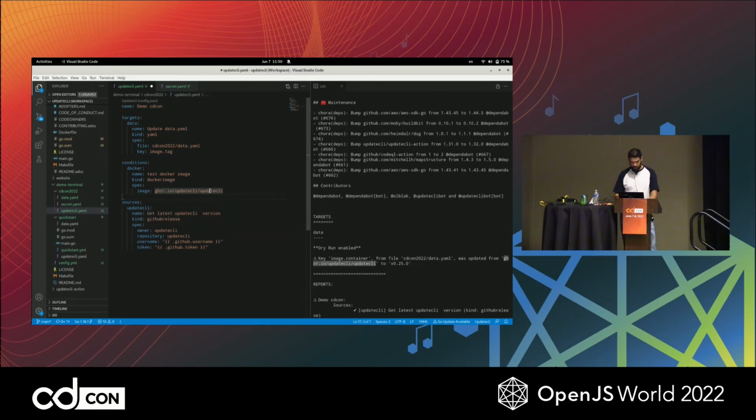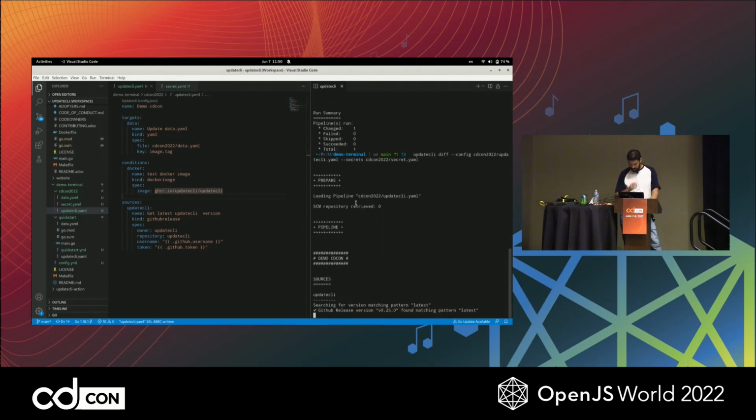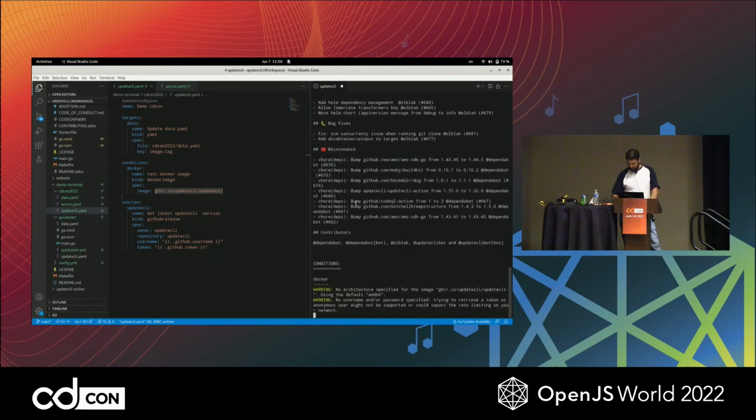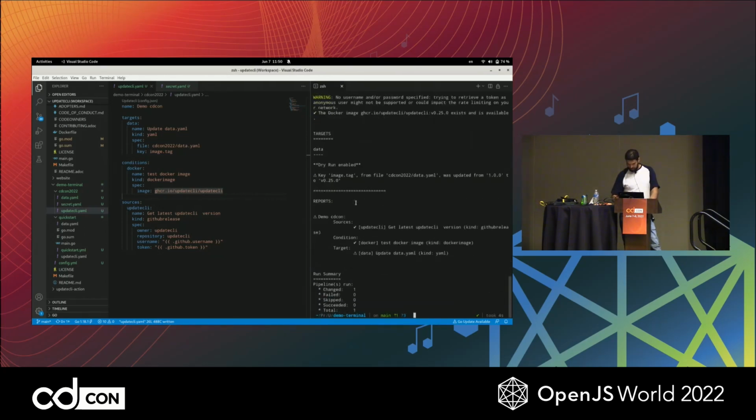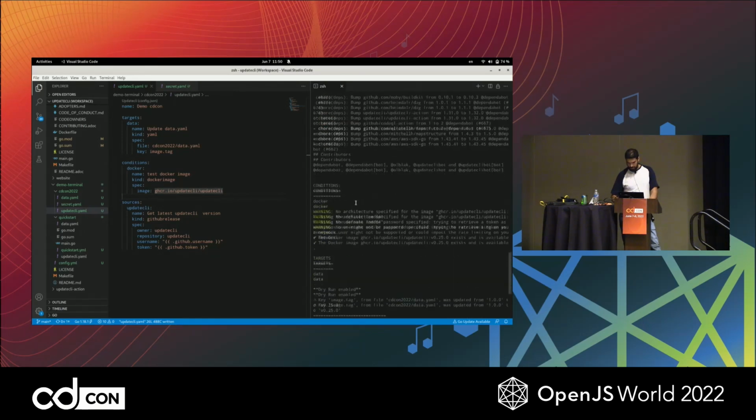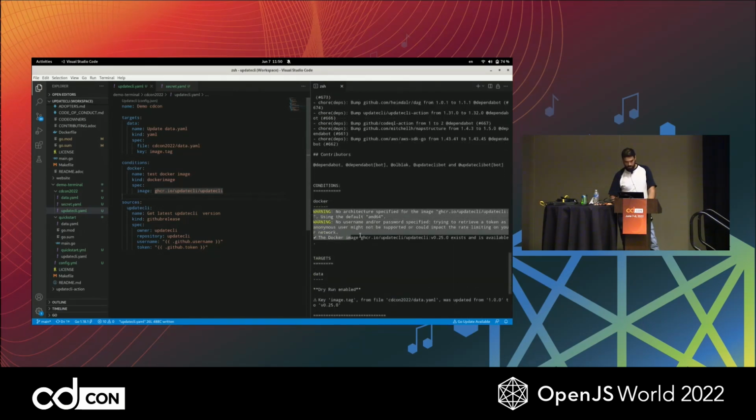So what I want to do here is a typical workflow that I use everywhere in my project. I want to retrieve the latest version for a specific application. I want to test that there is a Docker image available for that specific version, and only then I bump the YAML file or, for example, the Helm charts. And so if I run this and I didn't do any mistakes, changed, awesome. So we now have one additional condition that appears here, which is, okay, we have the correct Docker image tag that exists on the repository, so we can go further. So this is really